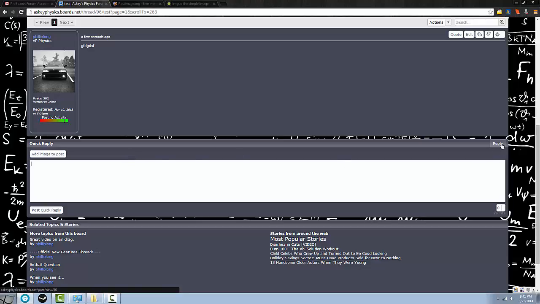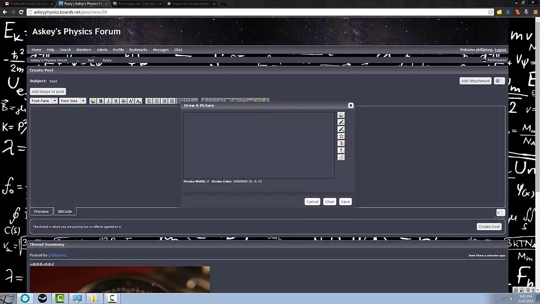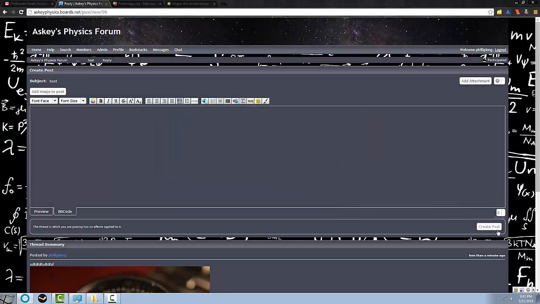Next, we'll go over the other features. You hit this reply to go to the more advanced version, and you can change the font size, the color, anything you want. It's really easy to use. But this feature right here is draw a picture. If you're having a hard time doing symbols and you need it to look good, like x squared, instead of having the x caret and then a 2, you can do x squared. I know that looks terrible, but basically you can hit save, and then once you create the post,